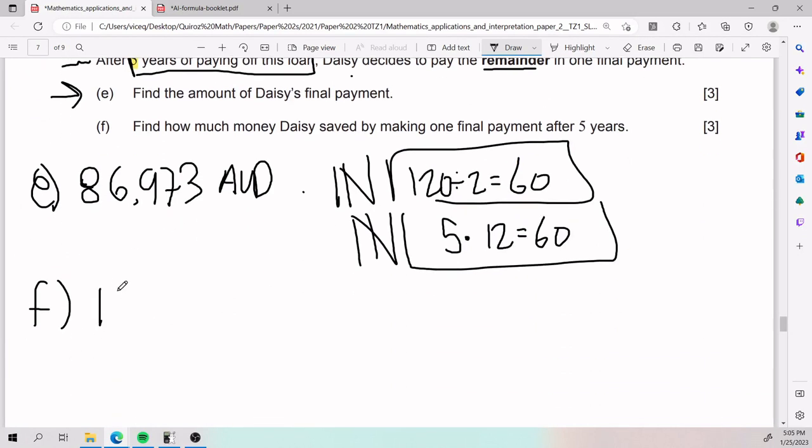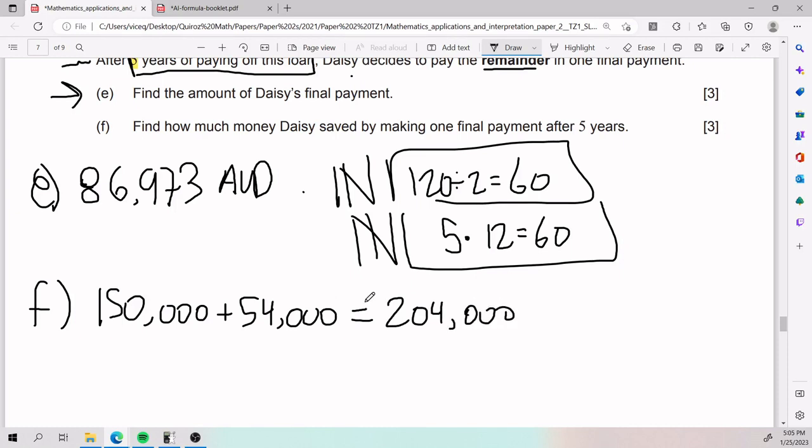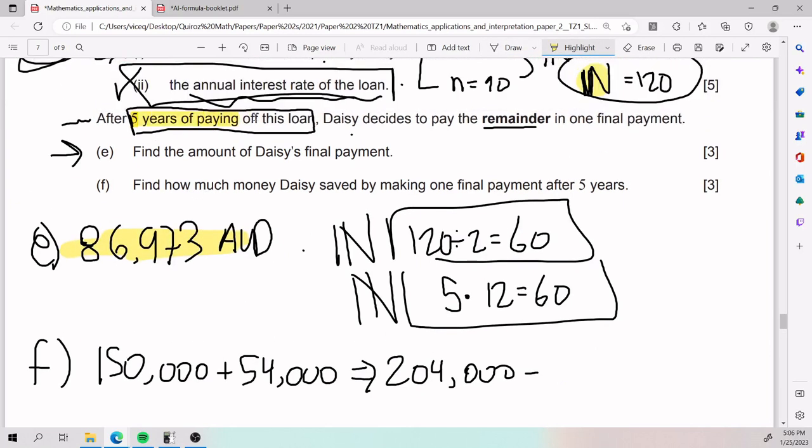That means that in total she had to pay 150k plus 54k in interest. She had to pay 204k. So this is the amount she has to pay in total. But because she paid earlier, she actually saved some money. So how much money did she save? Let's find out. We subtract this number by the following amounts. We first put this here, because it's what she paid. She already paid after 5 years. So we're going to be subtracting by